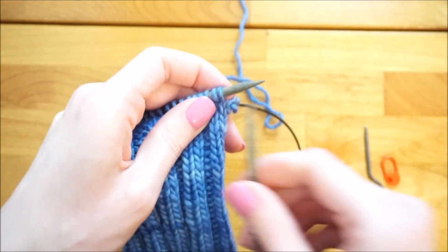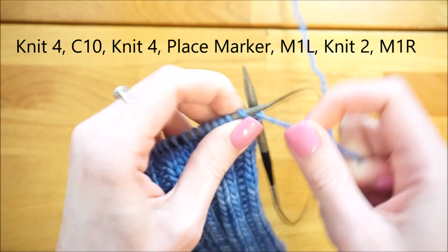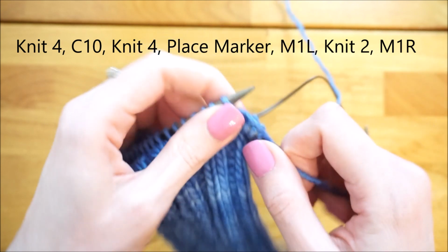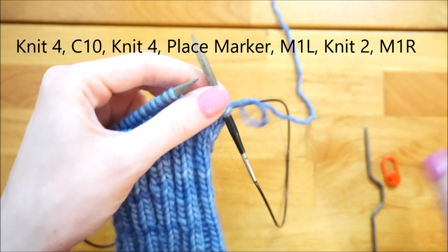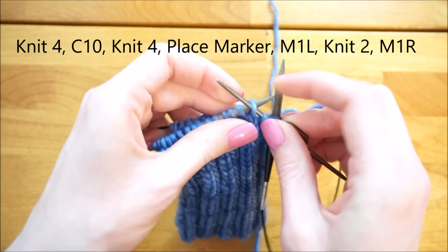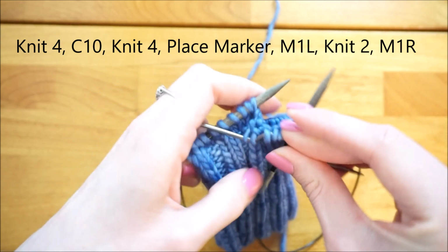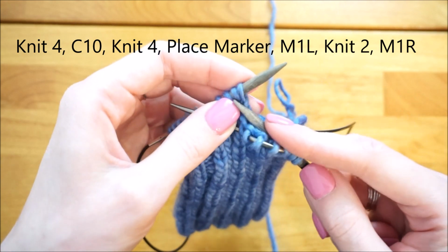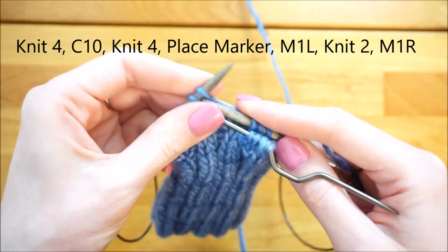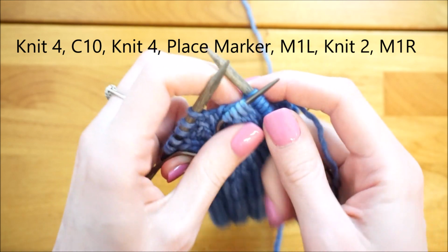So the first step is going to be to knit 4, now cable 10, and I'm going to cable both the mittens in the same direction. So I'm going to put 5 on my cable needle, hold them in the front, knit 5 from my left needle, knit 5 from that cable needle,